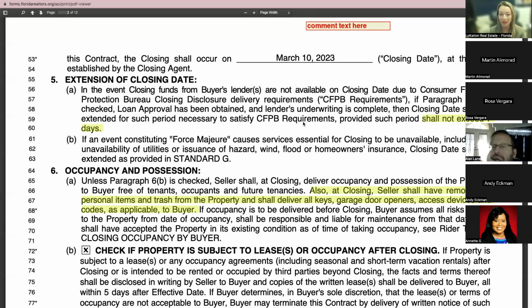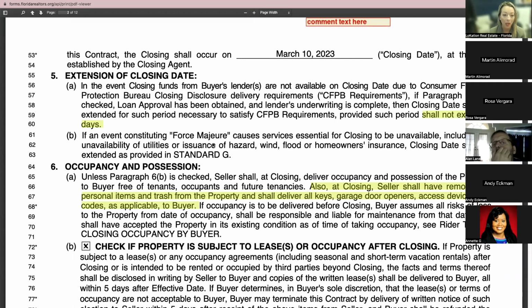So when you are utilizing this clause here to say, all right, I'm implementing clause 5A, the buyer now has an extra couple days in order to be able to get the closing disclosure out, reviewed, and get ready to go to closing. You make sure that you implement it by sending an email stating that you are utilizing this clause to push out. But you're only going to have 3 days, or 4 days really, for you have that day for closing. In the event that